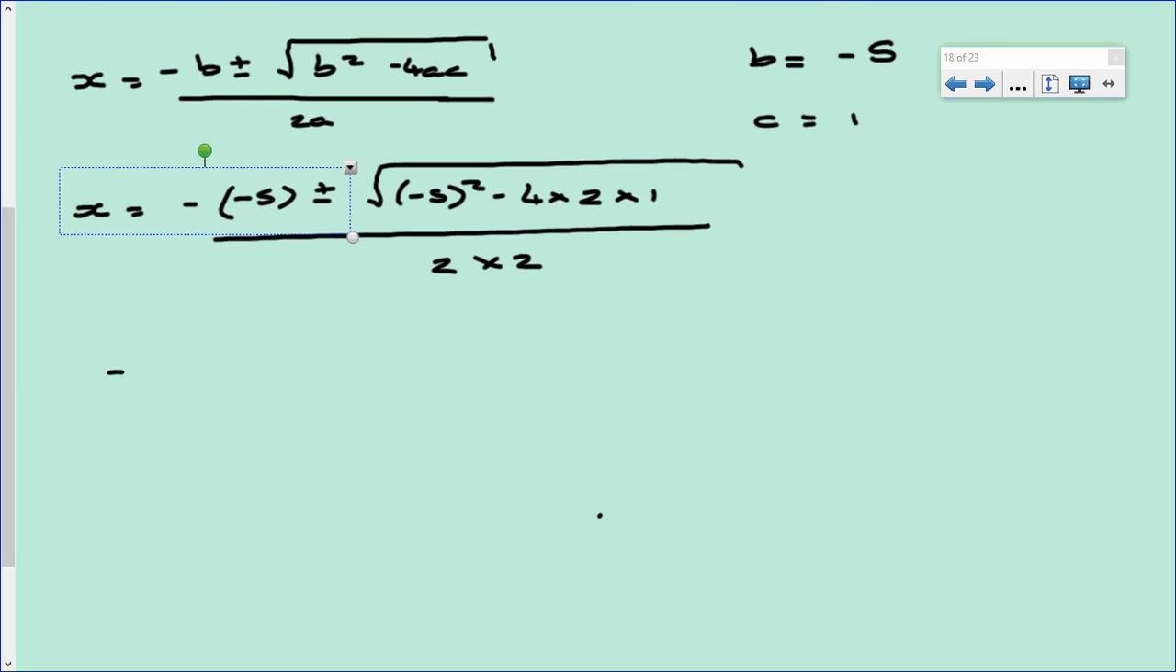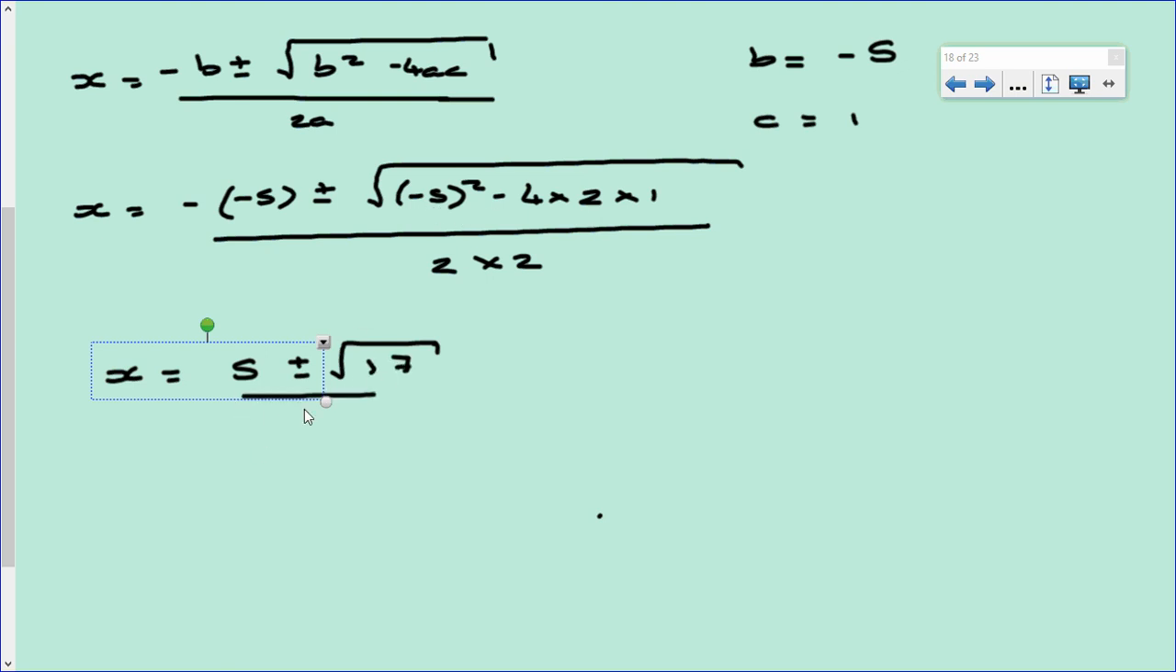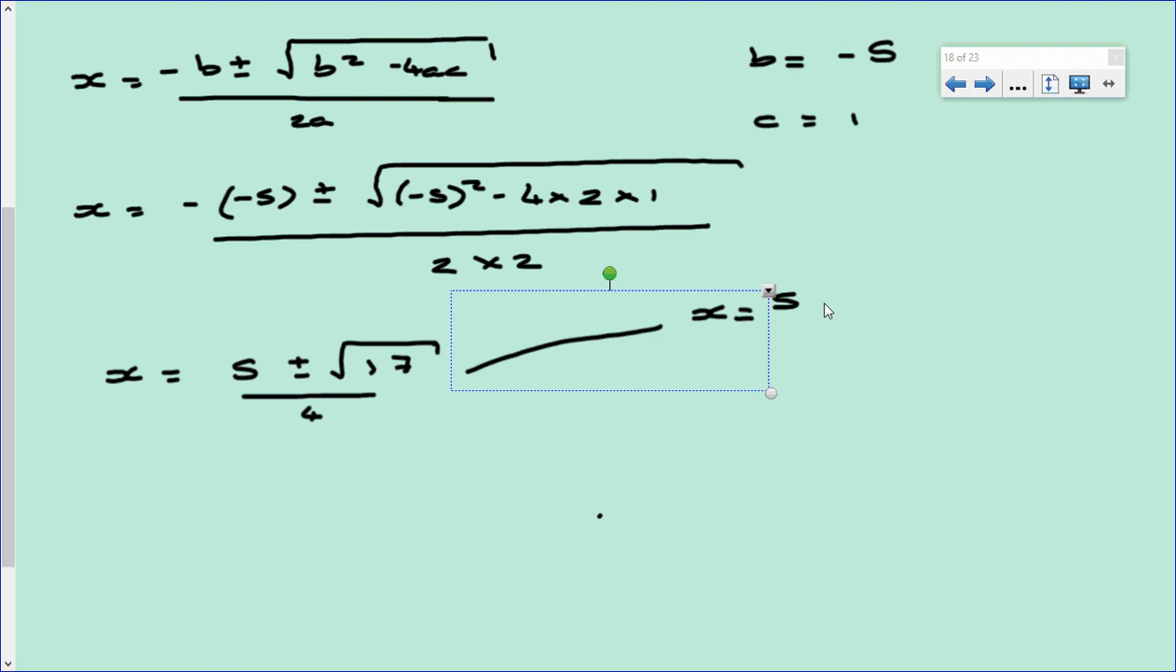So here I've got -5, so I'm going to change that to +5 plus or minus the square root of. If we work out our discriminant or our point inside our square root, -5 all squared, just like when we do our squares and our standard deviation, they have to be positive. So it's going to be 25, take away 8, which is 17. And then all divided by 4. And then we're going to split that up. So we're going to have x equals 5 plus root 17 all over 4, or x equals 5 minus root 17